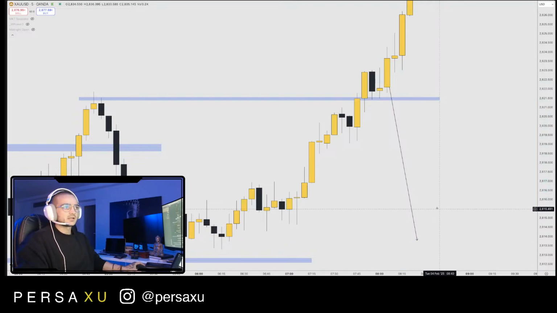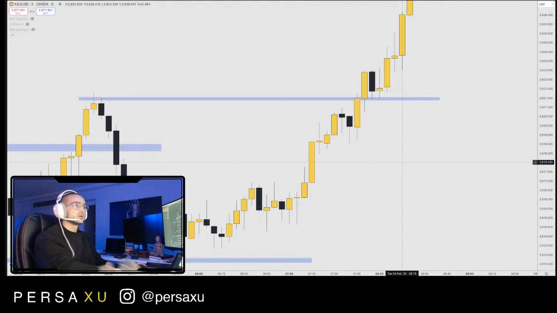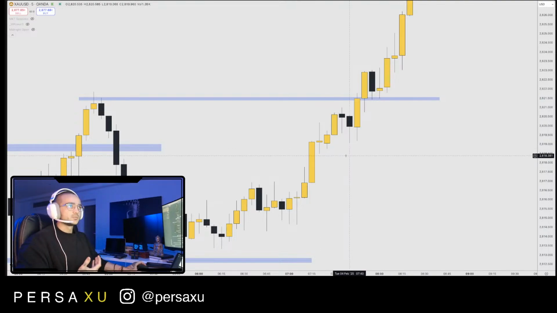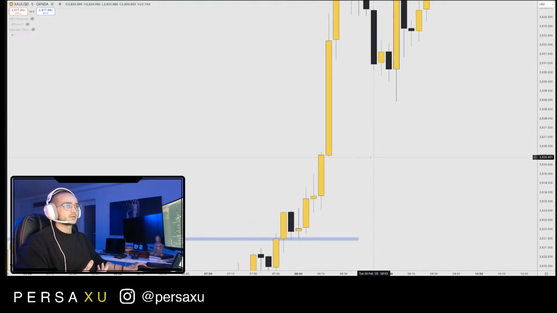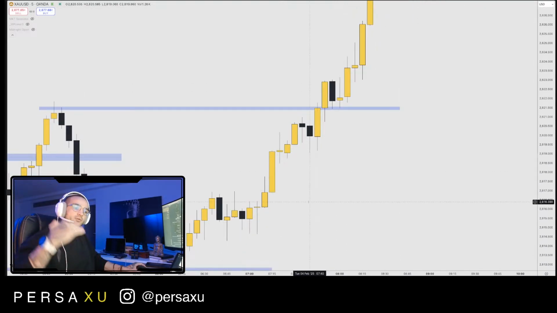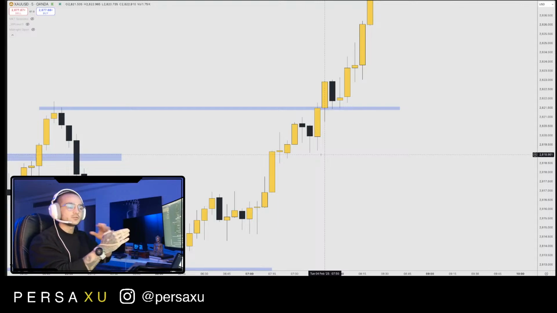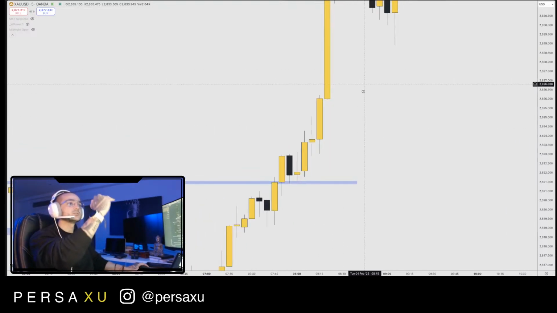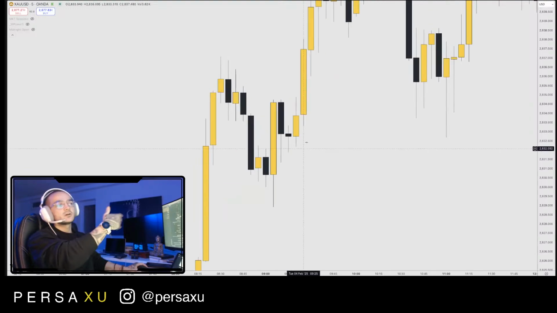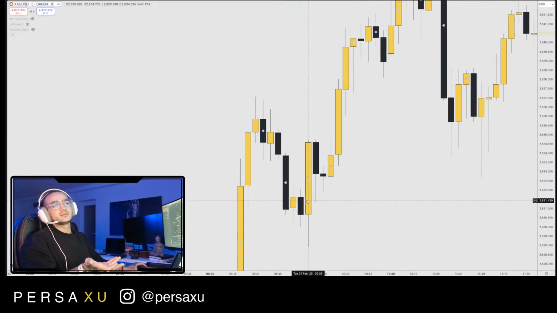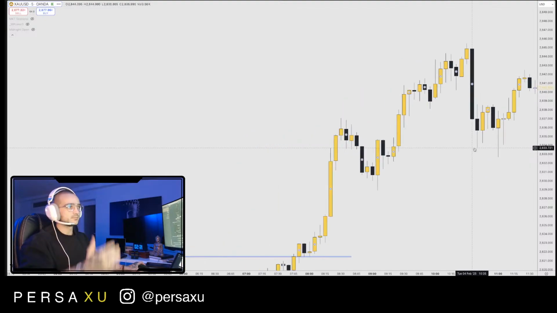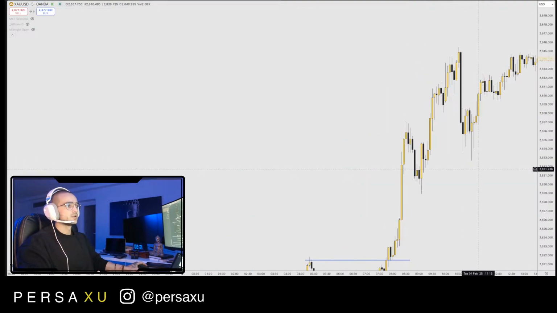We wasted time and we didn't take our money. So this can also help you to know how to manage your trade, when to come in, when to get out. Okay, and obviously as you see price respecting these levels, you move your stop loss and you put it right below those lows, because eventually you know it's going to get taken out. But ideally you just want to get out at the maximum top right after a big push,